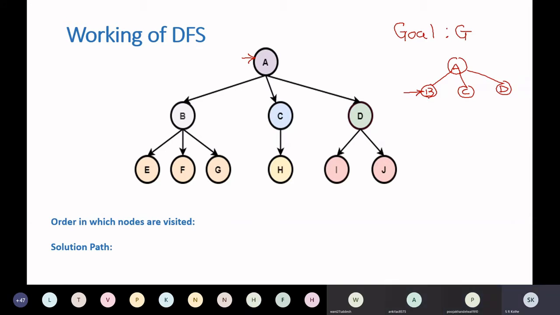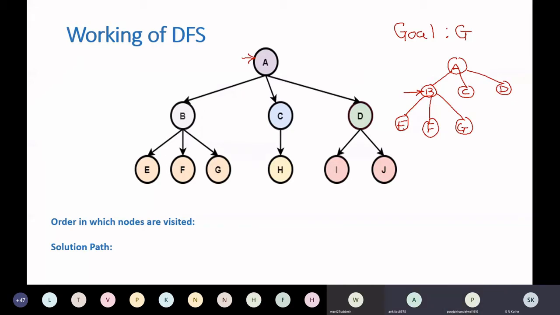So find out how many rules you can apply on this current state B. Since this is given to us, from B you have three options: E, F and G. Three rules can be applied. So what will be the next node that will be checked?